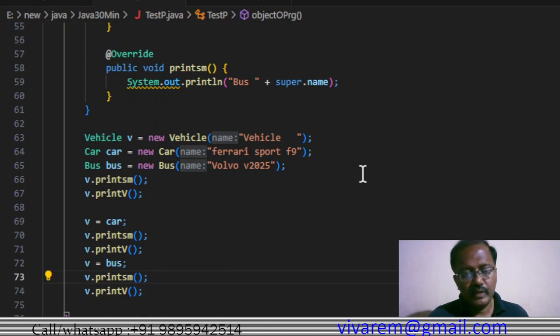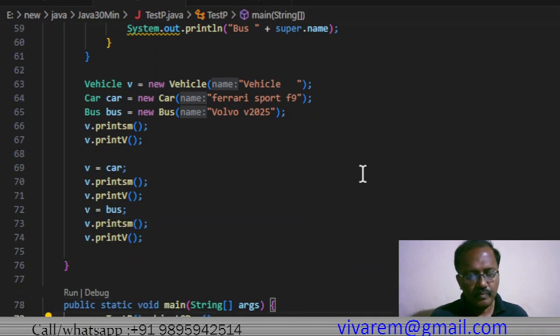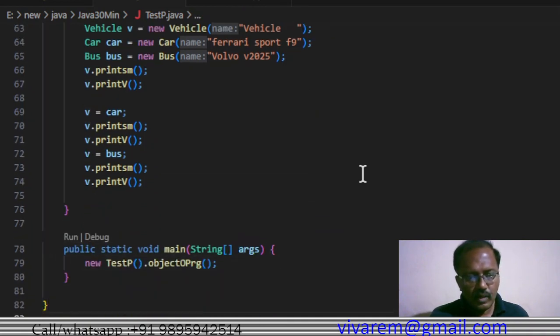Each time it gives a different, it shows a different behavior. That is called polymorphism. Okay, however, when we override methods from the parent, it shows different methods at different times when calling the same method, even though we are using the vehicle object only here. Okay, that's all about